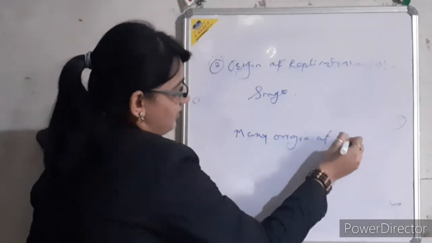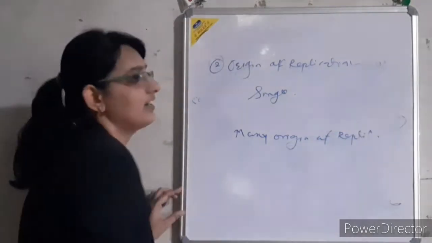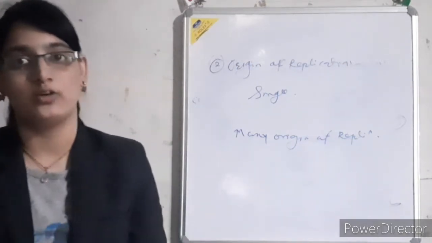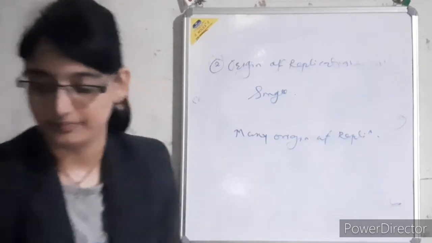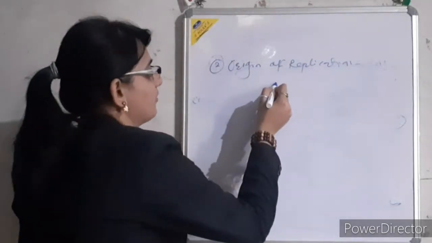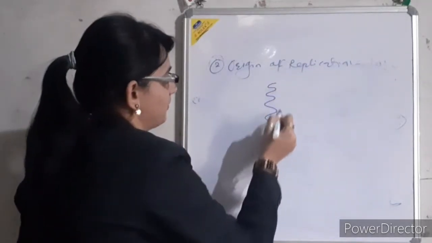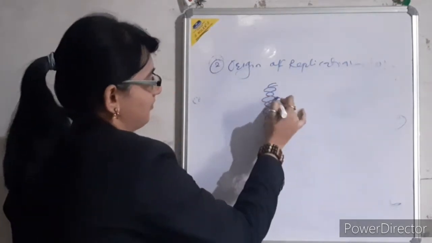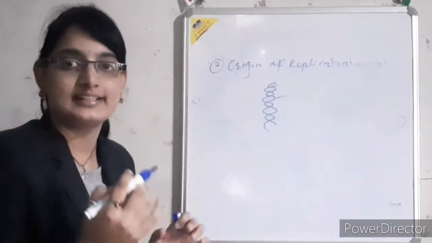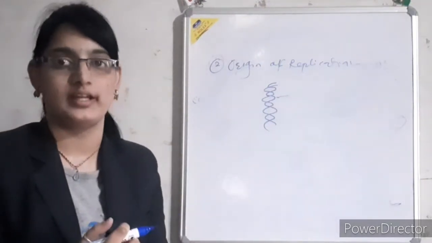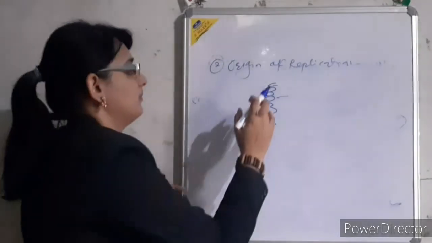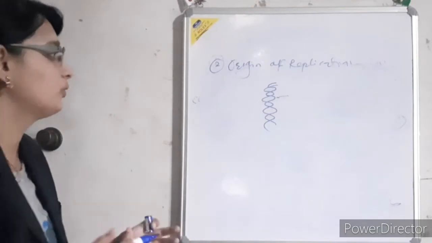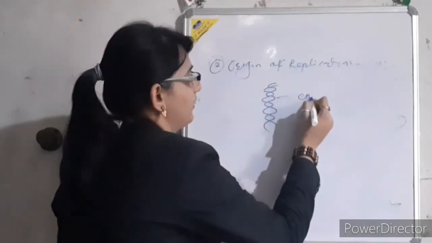So it is some kind of difficulty condition in the eukaryotes, as there is linear DNA which has many origins of replication. So once we find the origin of replication, suppose this is the parental DNA molecule, we find the origin of replication here. So this point is nicked or gets cut, due to the incision taking place by the enzyme called endonuclease.